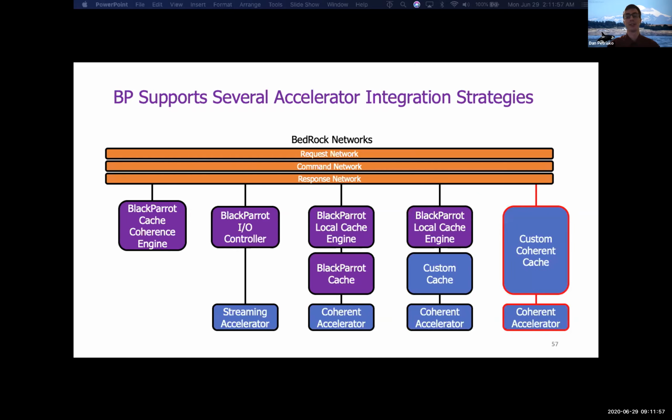And last, designers are free to implement full custom accelerators, which obey the simple LCE functionality required by the Bedrock protocol. This option offers the most flexibility, with the trade-off of longer development times. However, the modular nature of the system means that starting from an existing accelerator, the designer could incrementally customize each level of the system while maintaining functionality and testability at each step.